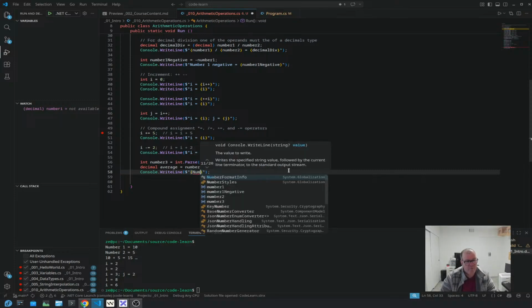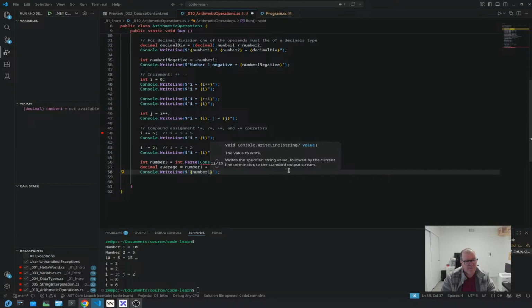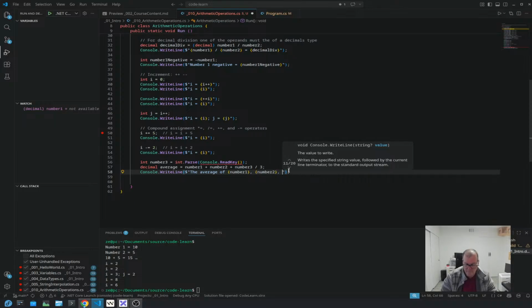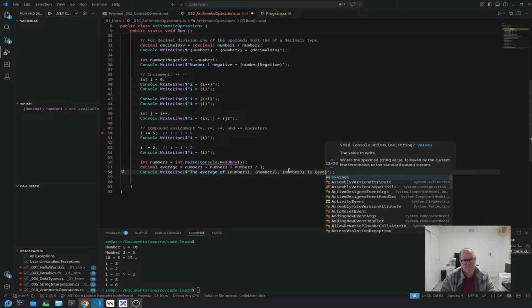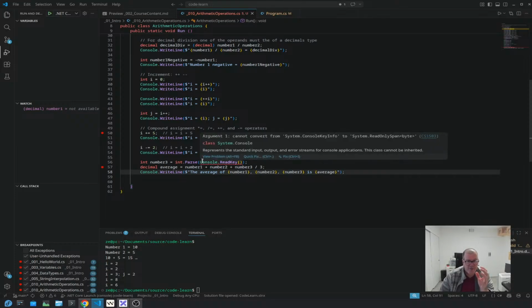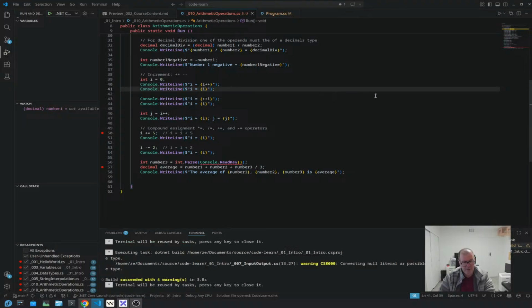The average of number 1, number 2, number 3 is then the variable average. Let me put a breakpoint and let's see what is wrong here, and why we need to understand the priority of the operation. So if we run this,